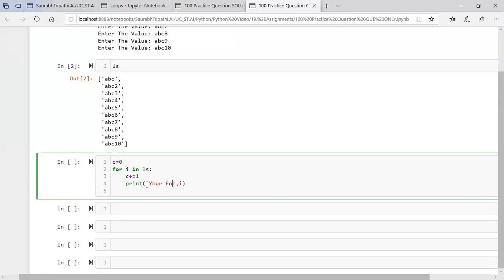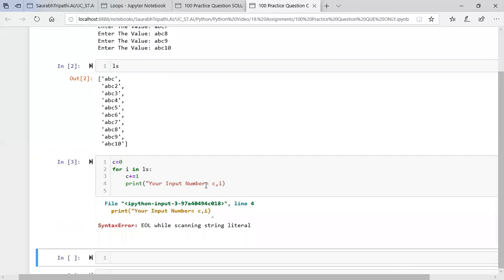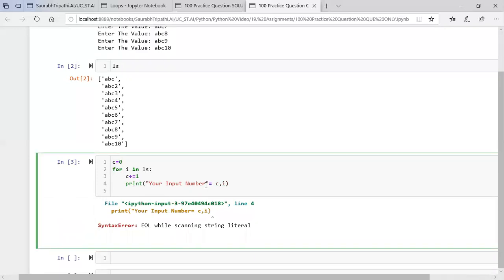Your input number, and simply add this string here, making a comma, and I will simply write C here.